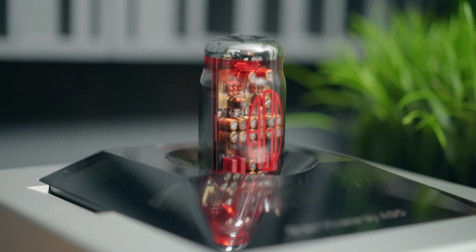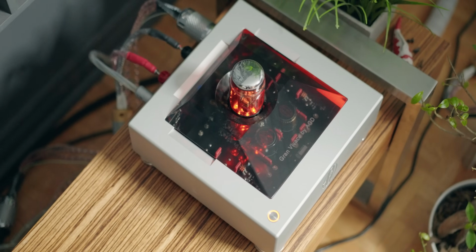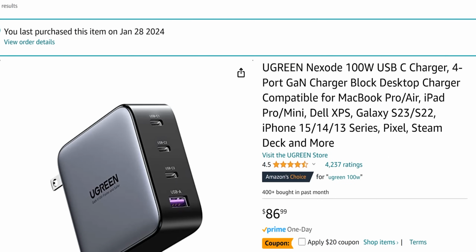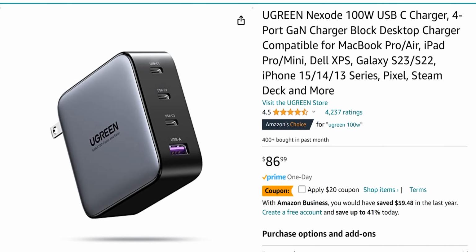And I was quite surprised by that. I was like, oh, well, that's interesting. Now, this charger was a GAN charger. I've been quite fascinated with the GAN technology after reviewing the AGD amplifiers and purchasing it myself. And so I had bought this charger to charge my camera gear more efficiently and faster, and I just decided to grab it randomly just by chance and plug it in, and it gave me that 45-degree wider soundstage, which